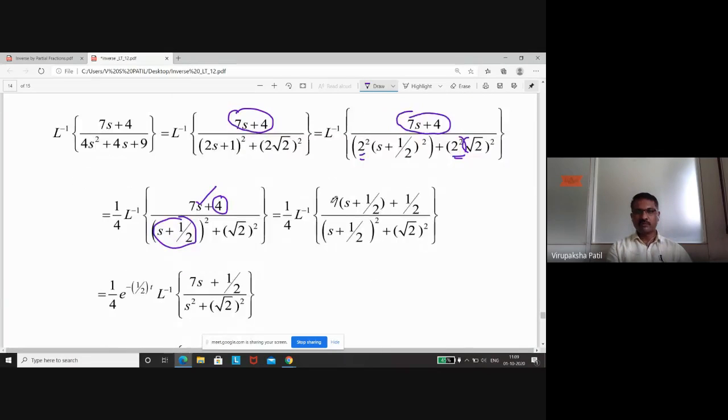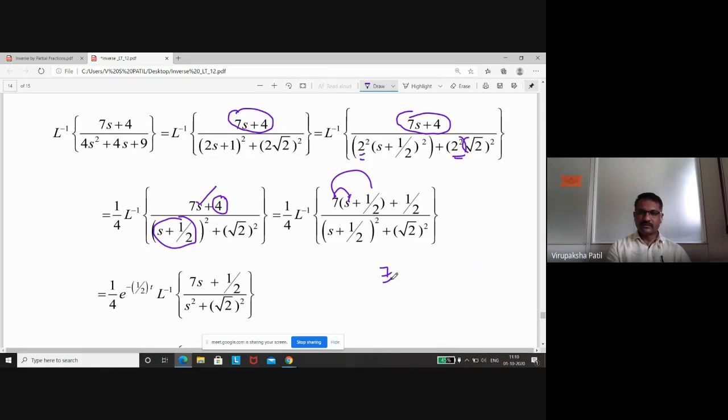For that purpose, what we will do? 7 we will take inside the bracket here. 7s you will get definitely. But if you multiply these two, what you will get there? You will get 7 by 2. Now, how to check by adding or subtracting which quantity this thing will remain as it is. For that purpose, what we do? Check here. 7s plus 1 by 2, you will get, yes, this is 8 by 2. 8 by 2 is 4. You have written, but I have written 1 plus 1 by 2 here. How are you going to check whether you should get plus 1 by 2 or minus 1 by 2?